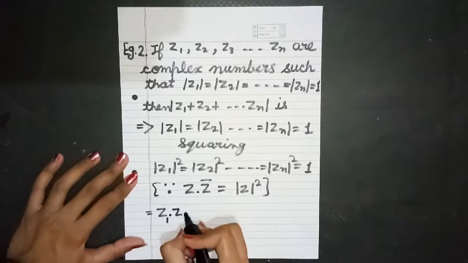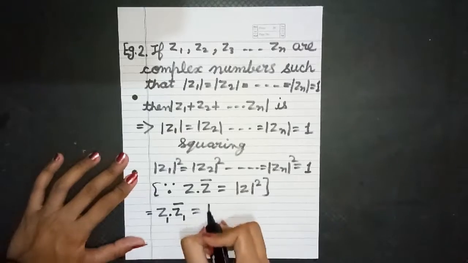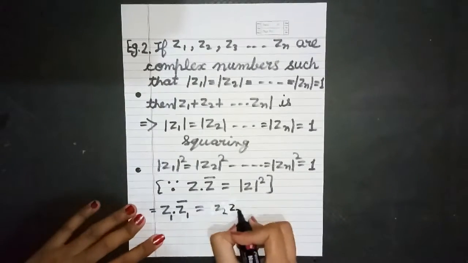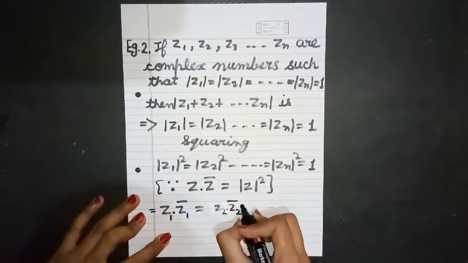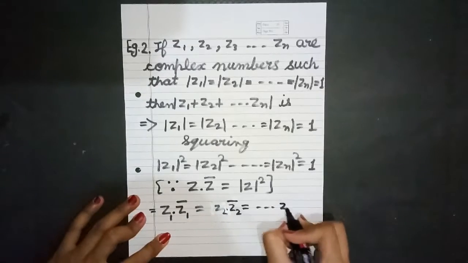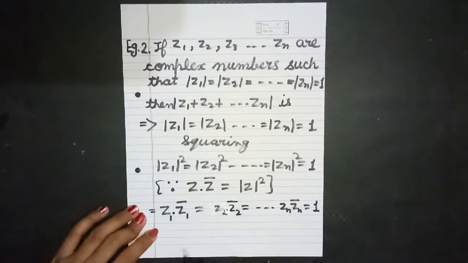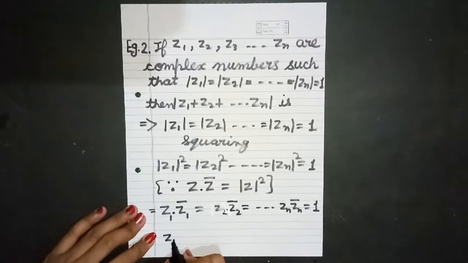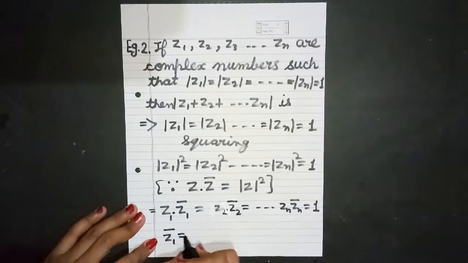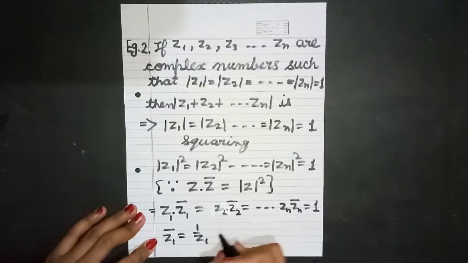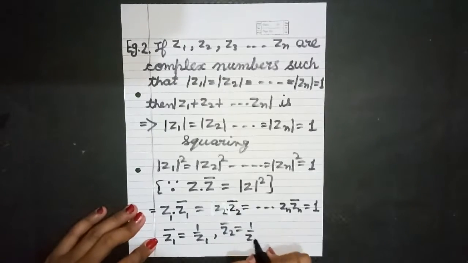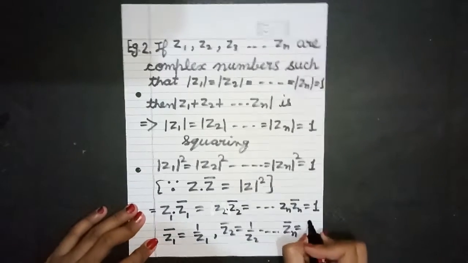z1 into z1 conjugate is equal to z2 into z2 conjugate, up to zn into zn conjugate, is equal to 1. From this we will get that z1 conjugate is equal to 1 upon z1, and z2 conjugate is equal to 1 upon z2, up to zn conjugate is equal to 1 upon